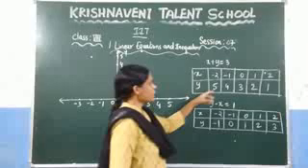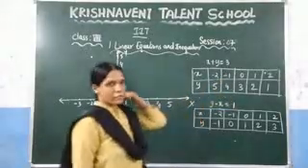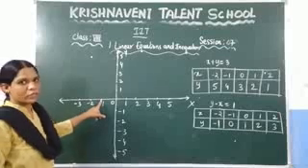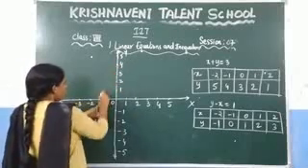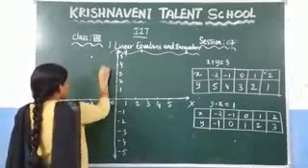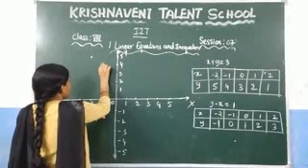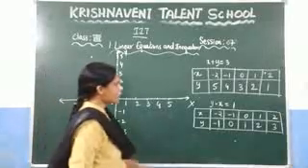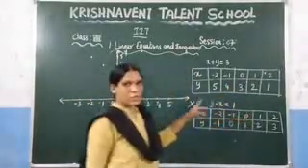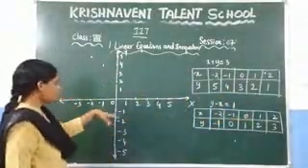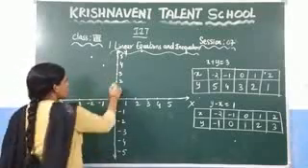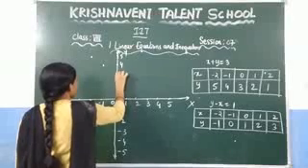Now let us see here -1, 4. Where is -1 on the x-axis? This is -1, and where is 4 on the y-axis? This is 4. So again take the intersection point. This is -1 and this is 4. Right? Now see here 0, 3. Where is 0 here? On the x-axis it is 0, and where is 3? This one. So this will be the point 0, 3.